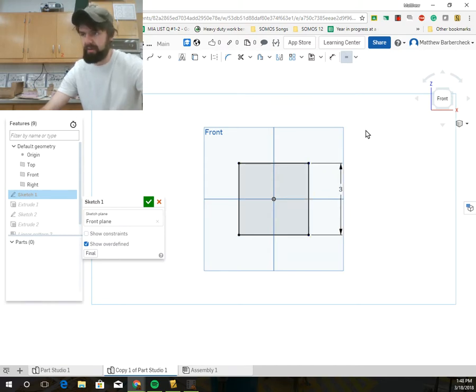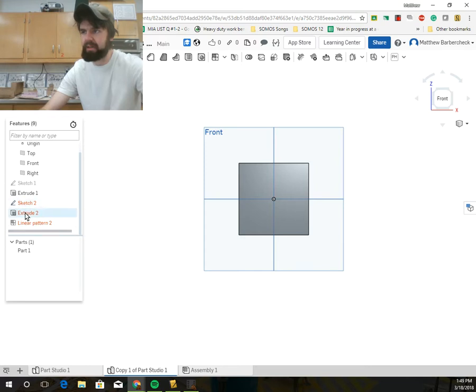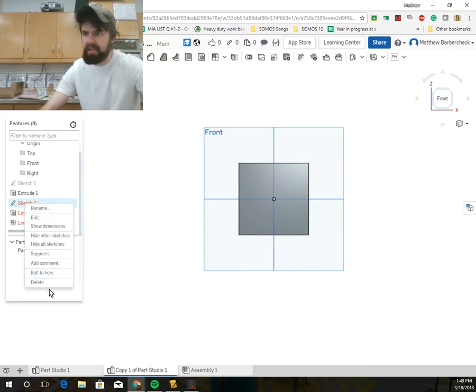And that's all we need to do. Now let's go ahead and check and see what's happened here. Everything over here has come up red, basically saying we don't work now because you changed our roots. If you go back into our roots, we were based entirely on sketch 1, and you completely changed that. So I'm not sure if there's any salvation that can be had here. I'm just going to go ahead and delete these,